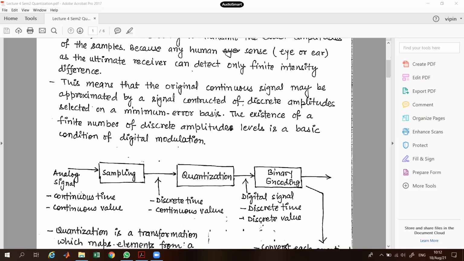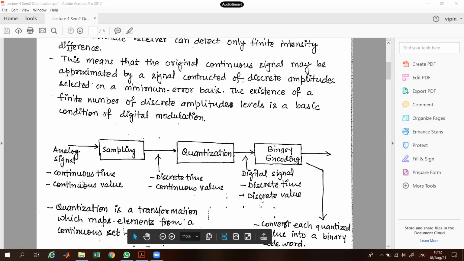So as I explained, we have an analog signal which is in continuous time domain, and it has a continuous amplitude value. We do sampling first, which we covered in the previous lectures, and then after getting samples, we are basically changing that signal to discrete time values. Means now my signal is defined at specific time intervals or points only. And after that, we follow quantization. After quantization, the signal is basically a digital signal. It can have discrete values, and then we do binary encoding of that signal.